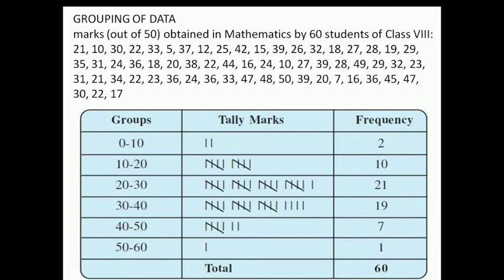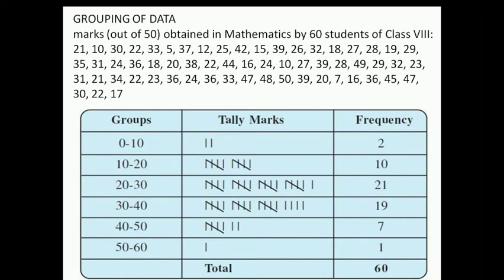Okay, so how do we make a group? If you read the list, there are so many numbers and it is not possible to write the numbers 0, 1, 2, 3, 4 up to 60. It will take lots of time while solving a problem in an exam. So we make groups 0 to 10, 10 to 20, 20 to 30, and like this we make 6 groups for the 60 students. We will read the marks one by one and place them in that group.